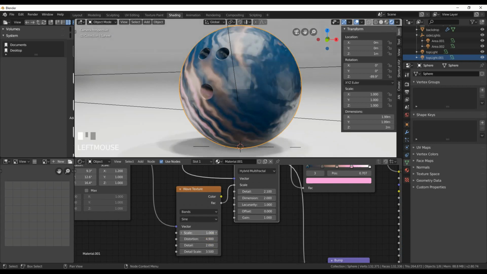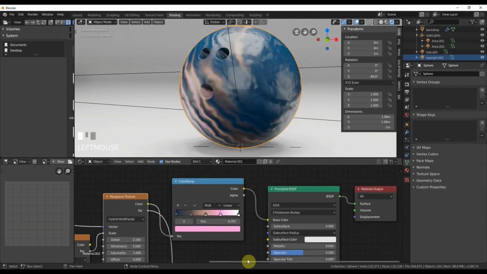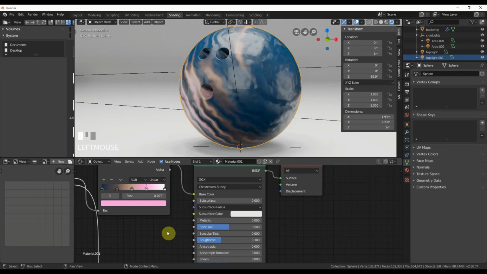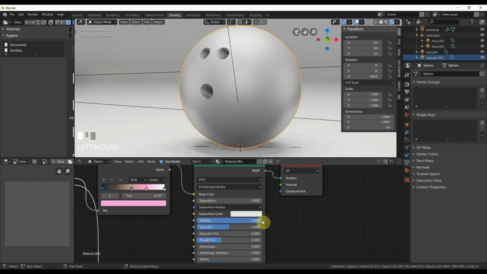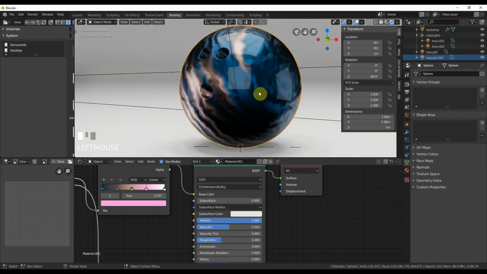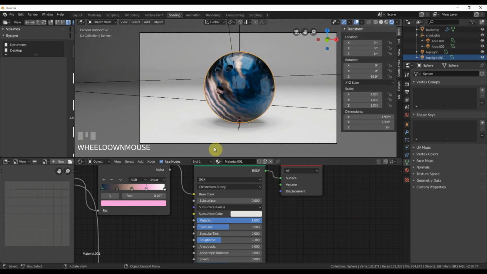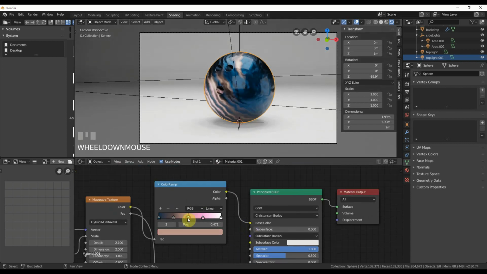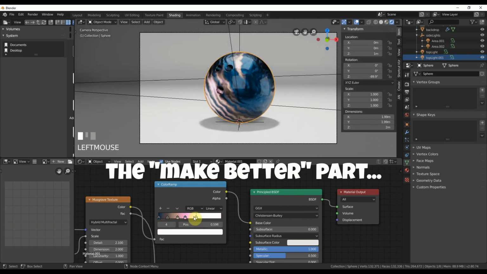And what you can also do for this is, polyurethane is its own kind of material, which is probably more similar to what we have set up here. But if you really want this to get kind of edgy, if you turn up metallic in this case, you start getting something that really looks like a highly polished, cool bowling ball, right? So if I zoom out here, you can see it looks a little bit better. And you can bring in the colors more. You play around more, bring in more of the white, and you start getting something that's really interesting